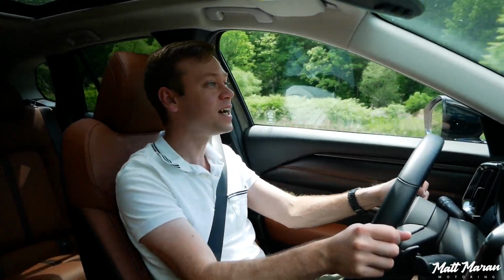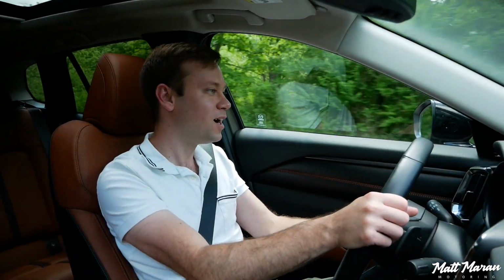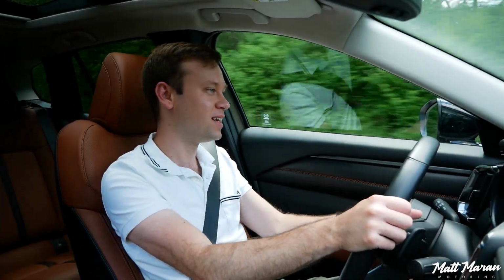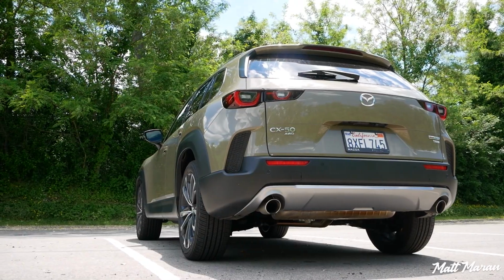So this thing does hustle very well for what it is. I can't judge this like a sports car. It still is one of the best handling things in its segment, and I still really enjoy the way that it drives. It's also important to note that all CX-50s come with all-wheel drive,